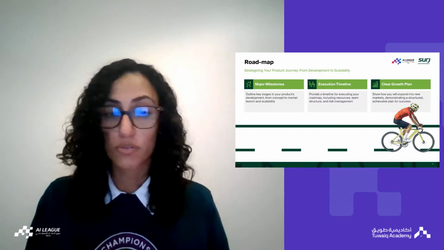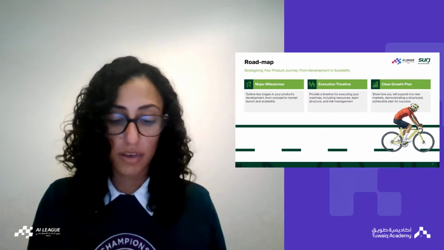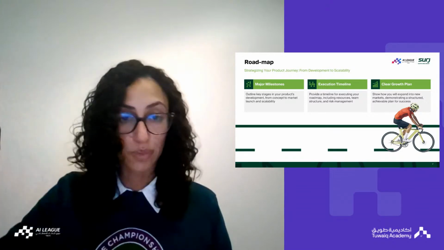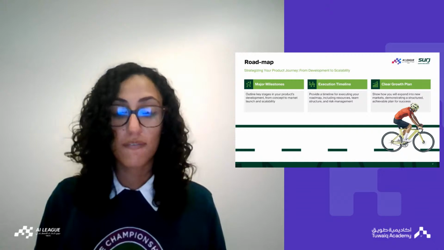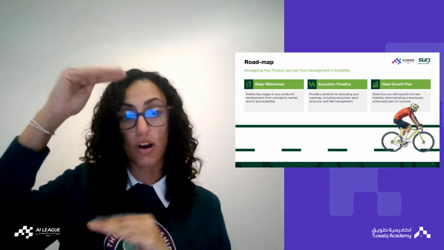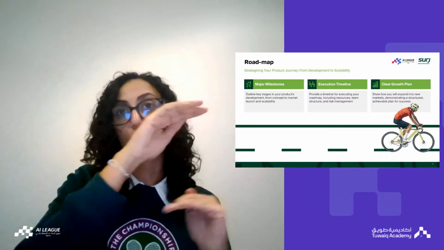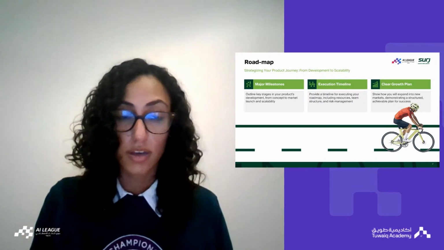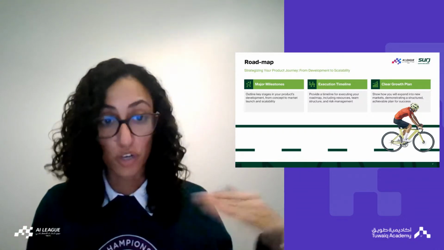And then the last point, again, to reiterate, a very clear growth plan. So if you have major milestones, whether that's in this year, next year, over 10 years, as long as that's very clear and correlates with your growth plan from a client perspective, product development perspective, financial perspective, that's the most important thing. If things across those three categories aren't matched, or don't tell a seamless story of growth, then you're going to get a lot of questions from the judges and investors as to why that's the case. Why doesn't your product roadmap match your financial growth?